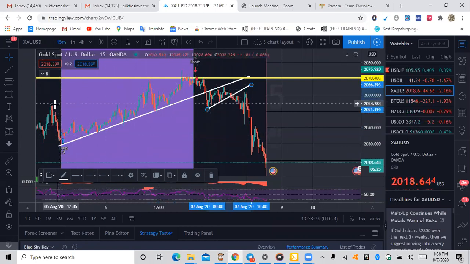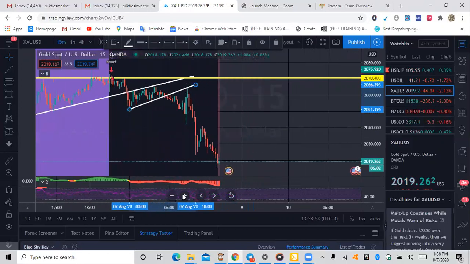But we did see a trend channel. We noticed a trend channel going on, so I went ahead and put a trend line at the bottom. And usually when you see a trend channel, you don't want to go against the trend unless market structure is broken. Whenever you get a break of a trend channel or a trend line, that signifies that market structure is broken. But not only did it break the trend channel,